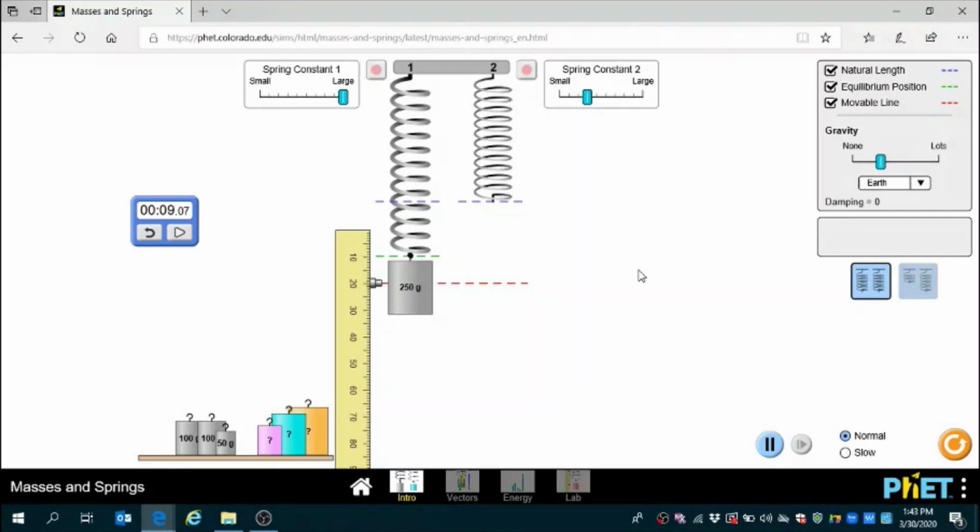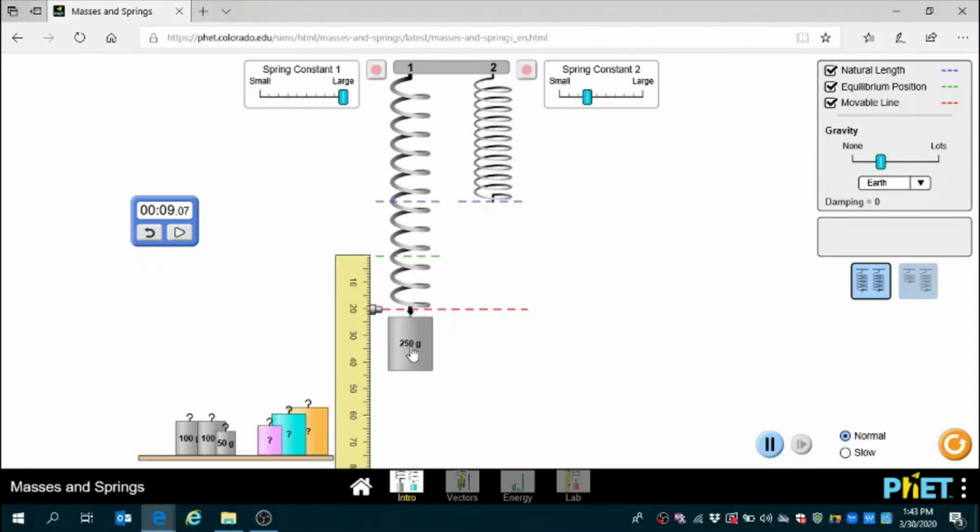The last question, how does changing the stretch affect the period? So we'll keep the same largest spring constant we've been using for the last trial, the 250 gram mass we were using, but now instead of stretching at 10 centimeters, let's double that to 20 centimeters. Just to make that clear, I'll move the ruler down. We stretch it down to here, release it,